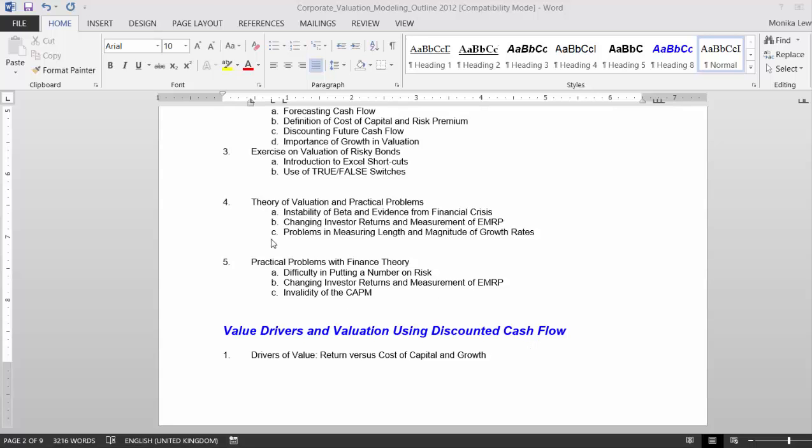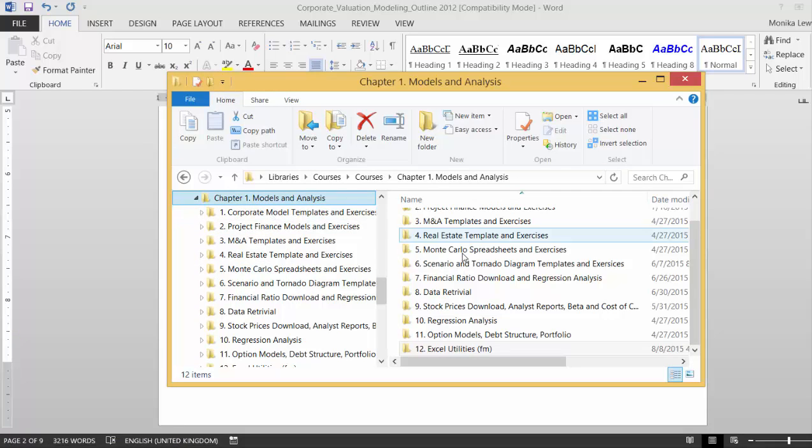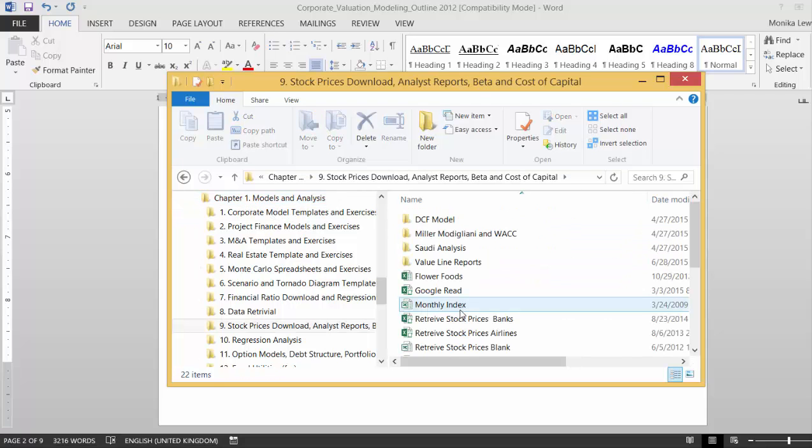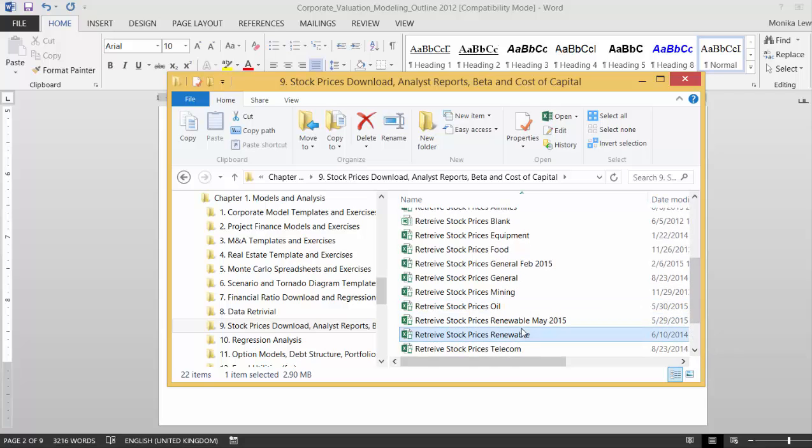Okay, this is a video on... I'm going to try this. I don't know how this is going to work, but I'm going to go to the models, and this time, let's go to stock prices. And the first thing I'm going to do is get the stock prices for renewable energy chips. Okay,